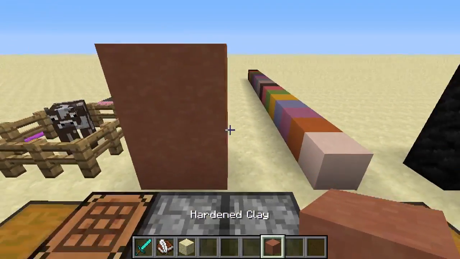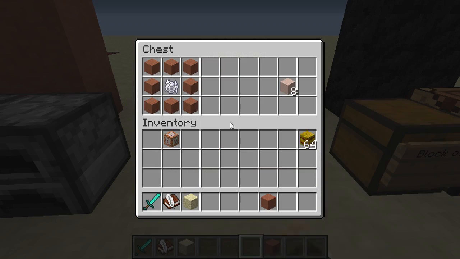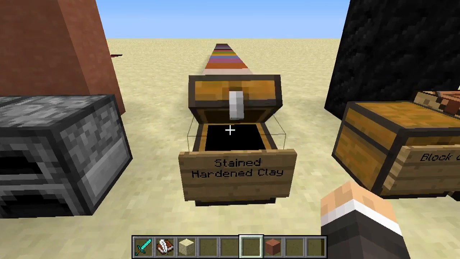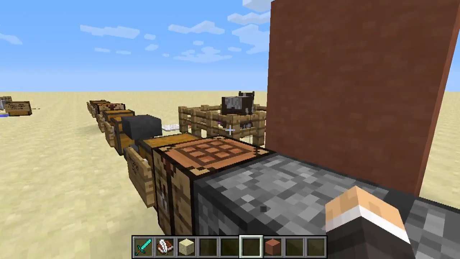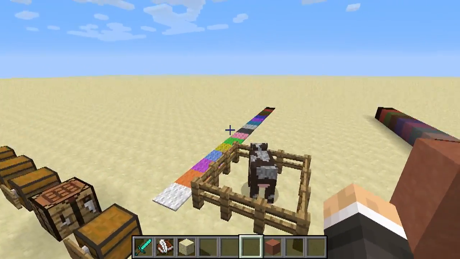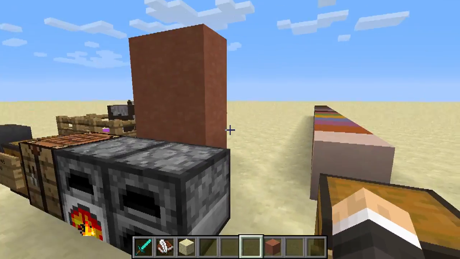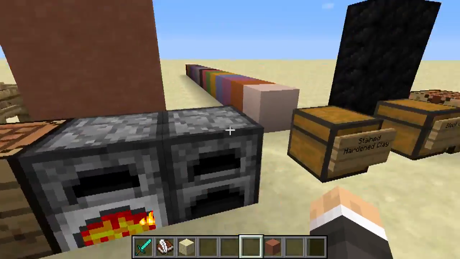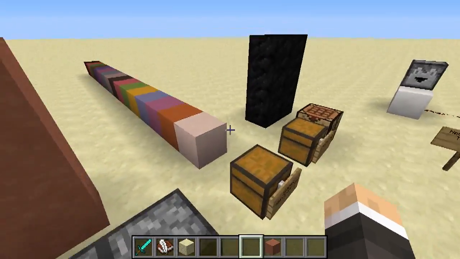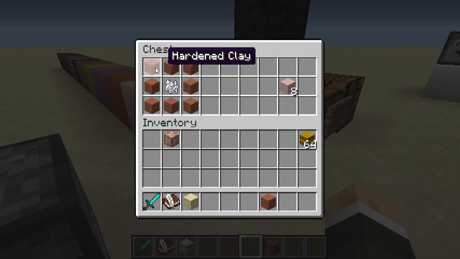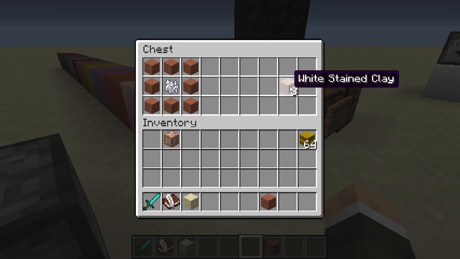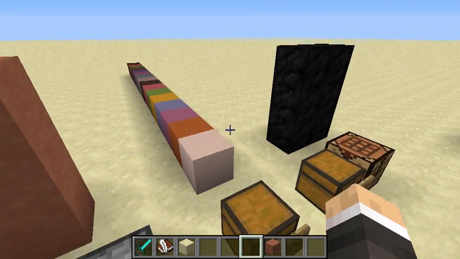Very cool block on its own. I really like it. An addition was made with hardened clay, so that we can now have stained hardened clay, and these are probably my favourite, close with the carpets. I think these just kind of edge it over the carpets because we already had wool. So these guys are crafted with the dye that you would use on wool, but you surround the dye in the crafting grid with 8 hardened clay, and you get 8 of whatever colour you used,